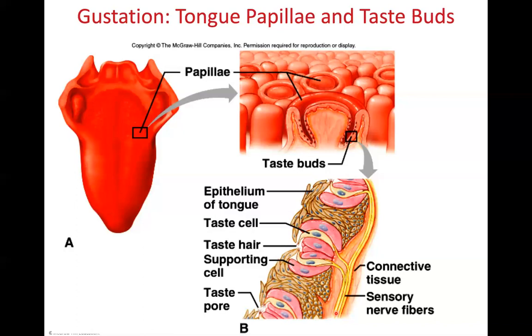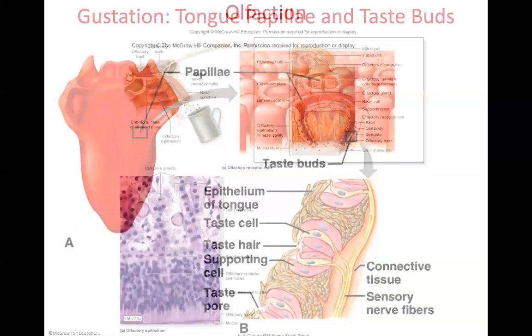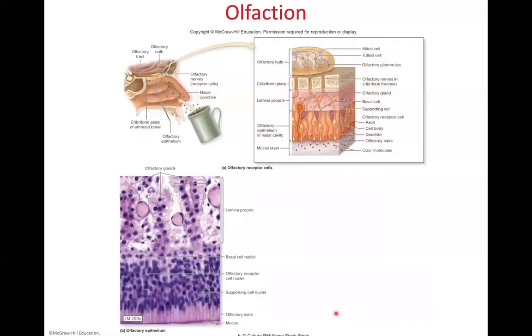And this is a chemoreceptor because it's detecting a molecule dissolved in fluid. It's an exteroreceptor because it's a stimulus coming from outside of the body. And it would be considered a special sense because it requires this special organ. Another chemoreceptor